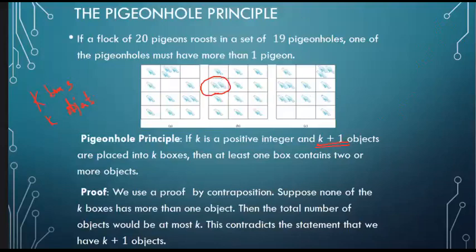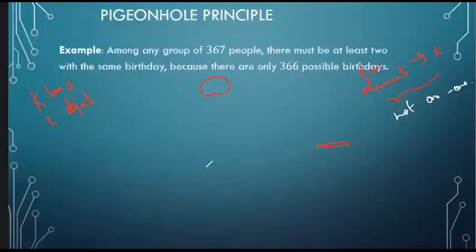Apart from that, whenever we are speaking about the pigeonhole principle, a function f from a set with k plus 1 elements, we are talking about k plus 1 elements mapping to k elements. So in this case this function is not one-to-one. Based on this we can say that whenever we are taking any pigeonhole principle, it cannot be a one-to-one function. The same thing is explained.